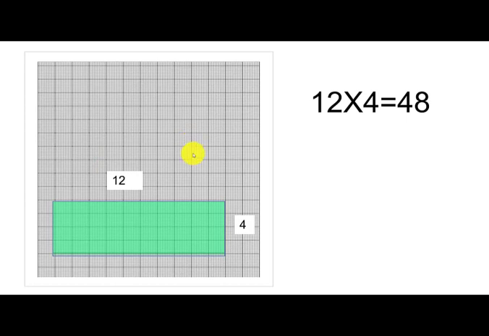You take a graph sheet. Here is a rectangle, and you have to draw the rectangle on the graph sheet. What is given? The length of this rectangle is 12 centimeter, is it not? And the breadth is 4 centimeter. Then draw accordingly. Then you have to count the number of squares here. If you count the number of squares, you will get 48.